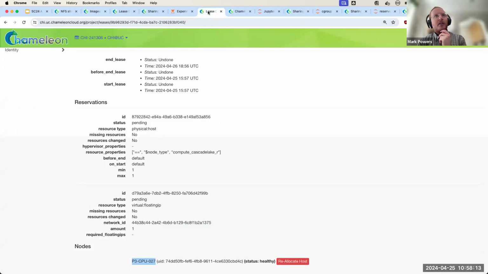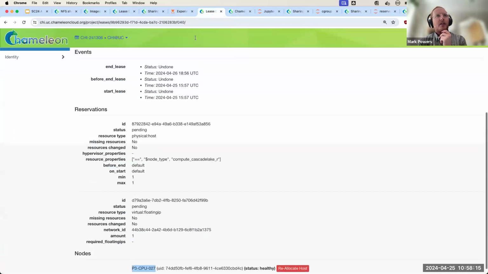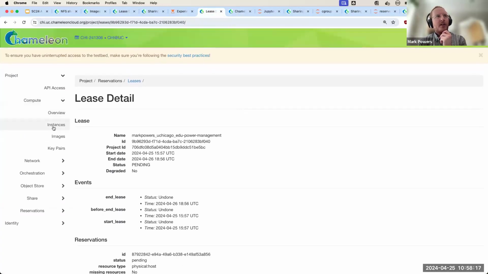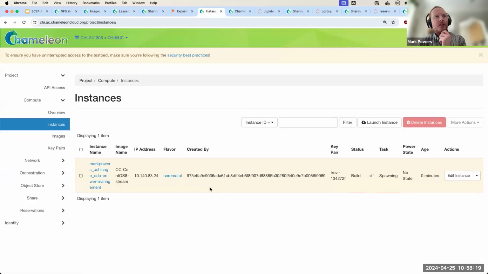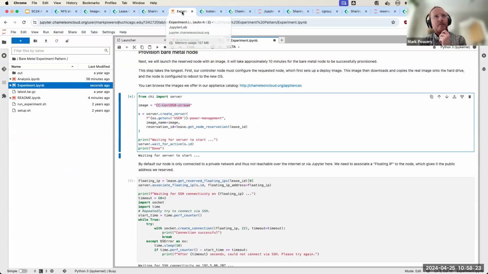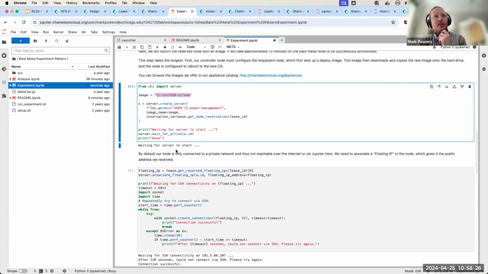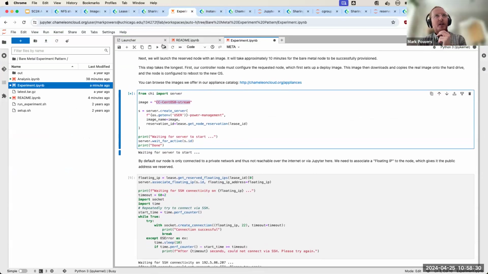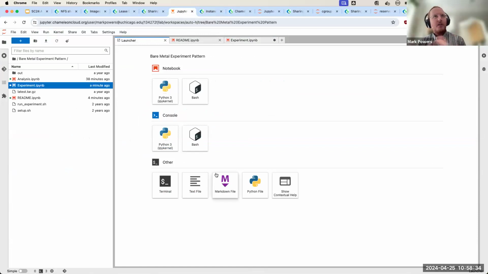So it created that. Let me switch back into the web dashboard, and I can see my image is there, or my instance is there. And this is going to take a little bit of time. So while that goes on, maybe I can also show you another advantage of Jupyter here. So